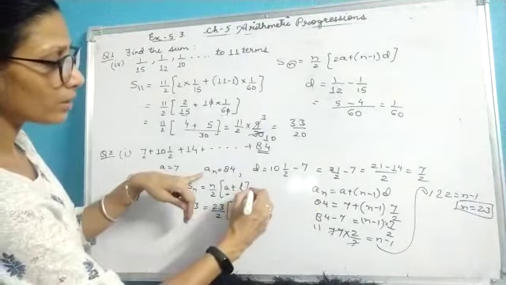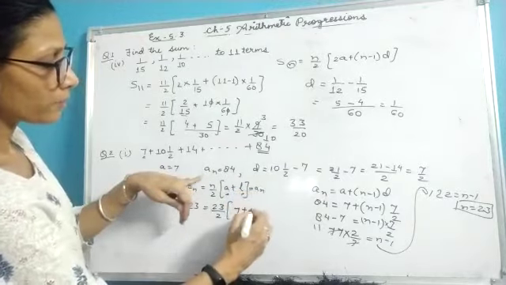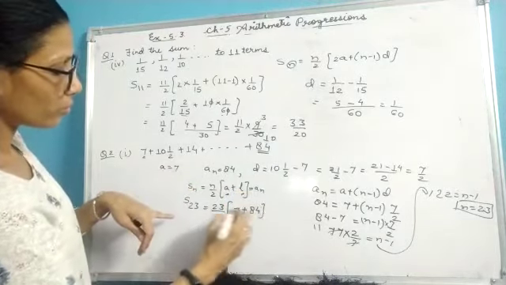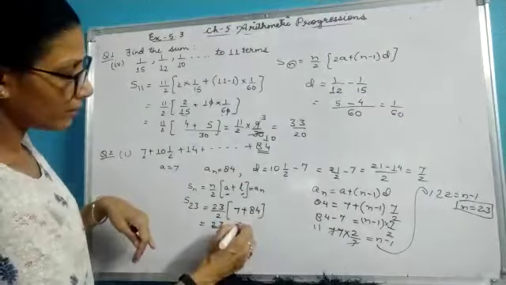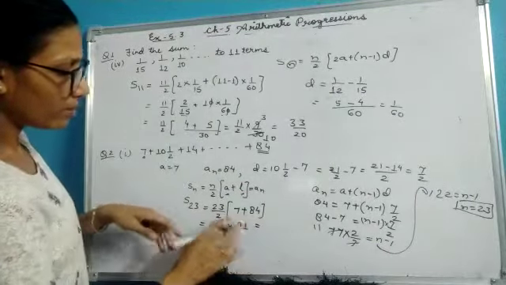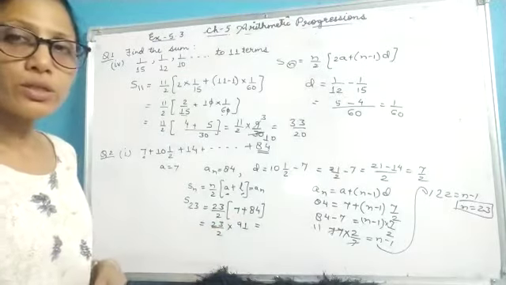L can be written as AN only. This is 84. So just add them up. Here I will be getting it as 91. Multiply these two and you will get your sum.